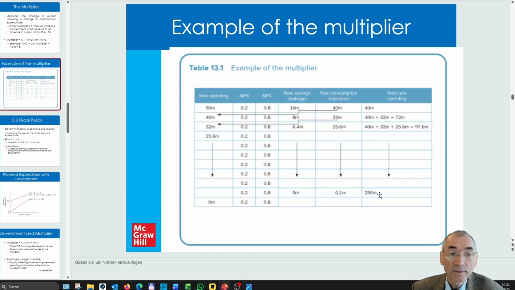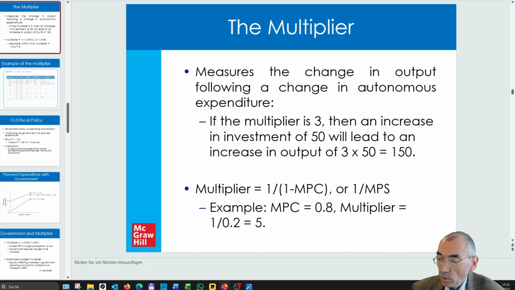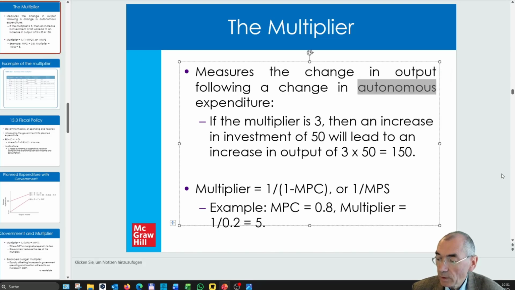And then the next step, in the next video, will be: what does that mean for fiscal policy? So if the government spends more, because we said it's about a change in autonomous expenditure. And when we think about autonomous expenditure, it's investment. It's C autonomous, but that rarely changes. It's investment, and it's also government spending. So also the government can use this multiplier, and that will be what is going to be discussed in our